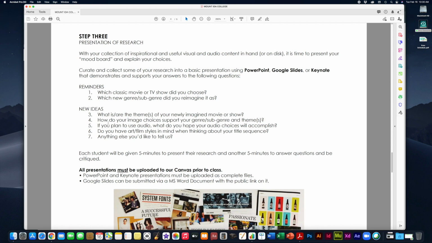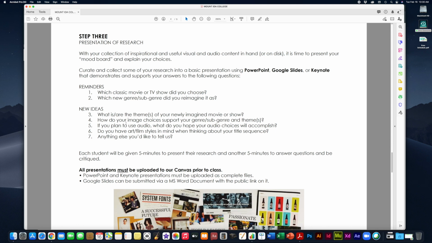Now, you can answer these questions by writing out the answers. You can write a couple of short paragraphs about these to go along with your presentation. That would probably be the easiest, but you can also demonstrate it to us in how you put together the presentation. So this is a little bit sort of open-ended and gives you a chance to really put some creativity into this presentation. So again, don't just slap together your content, really put some thought into it, and you're sort of trying to sell us on the idea of what your title sequence is going to be all about, as if we are your client and you're trying to sell us on your concept. Even though you haven't made the title sequence yet, you have to sort of conceptually get us involved in it,